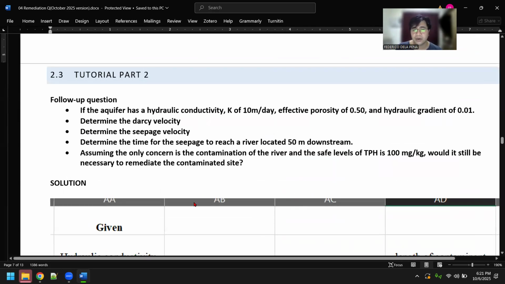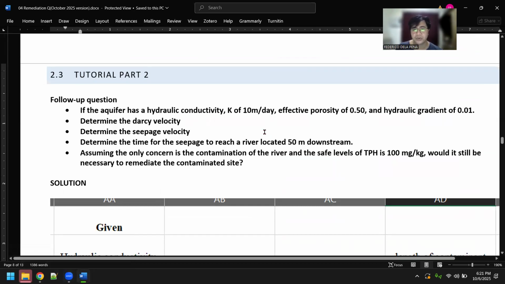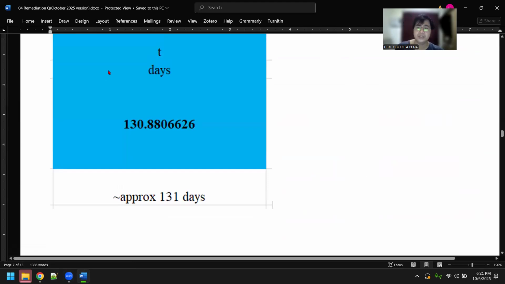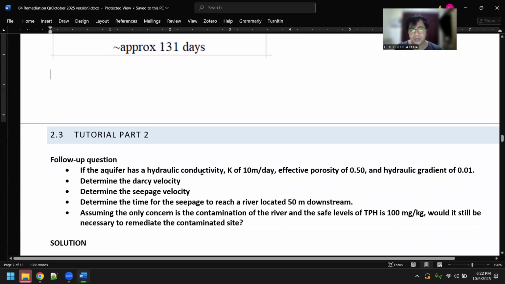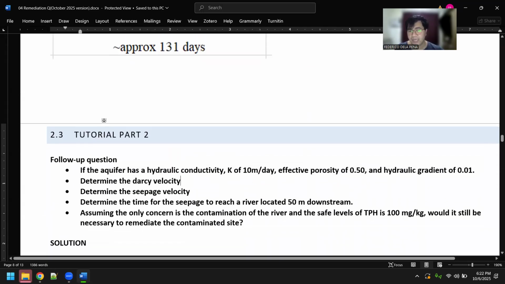Now we have some follow-up questions for the tutorial. Okay. So we will not read this information in isolation. We would actually like to know whether the contaminant is traveling fast enough to reach some vulnerable locations. Okay. So now, talking about the same contamination,